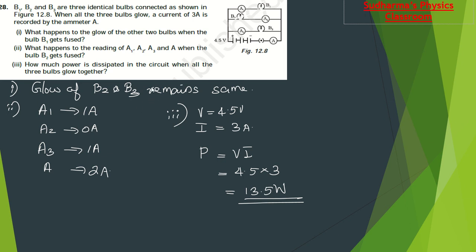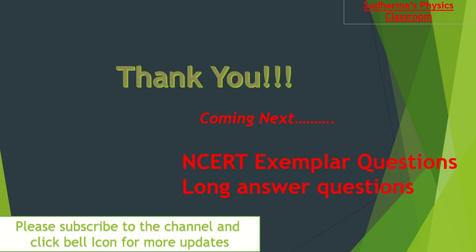And the short answer questions of NCERT exemplar questions are completely done here. So we have covered short answer questions and multiple choice questions. And the remaining set is the long answer question, which comes under the 5-mark distribution questions. Once it is done, the exemplar questions will be completely discussed. And this is the best way to score good marks in our board exam. If you check the previous year question papers, you will understand that. So make sure you practice this and you are thorough with all these questions.